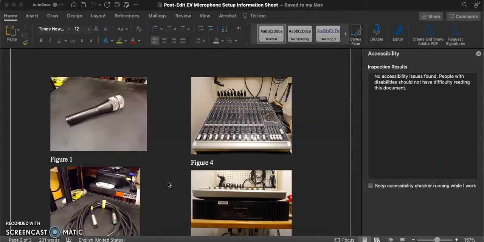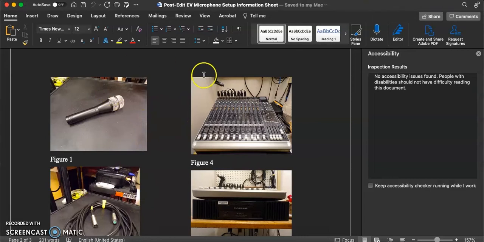Now we are going to take a look at a second document as an example of why it's always important to check that even if your document has alt text, it's important to check to make sure it is accurate and effective. So now we have this second document open, and as you can see, the accessibility checker has already run and it hasn't identified that there are any errors or issues with this document. But it is always best to check to make sure that your alt text is correct.